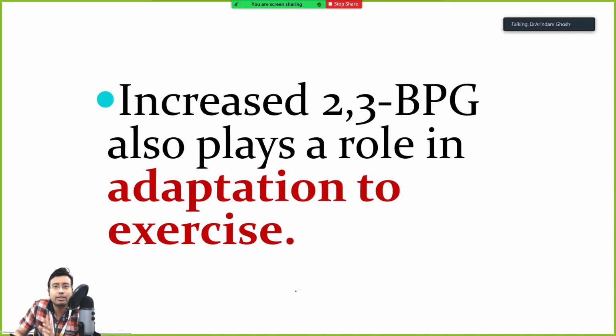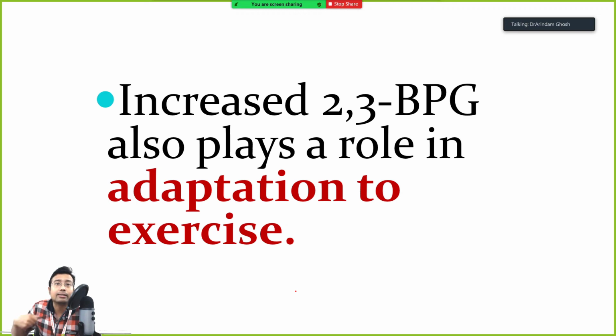So on the first day you will be easily able to do it, okay? But as soon as you return home, right from day 2 you will have intense pain in the muscle. It will happen due to anaerobic glycolysis, lactic acidosis, etc., right? But over time your exercise tolerance will increase. Easily in the second week you will be able to do 10 sets, 12 sets, 15 repetitions, and you won't have any muscle pain. Why? Because the same thing has happened.